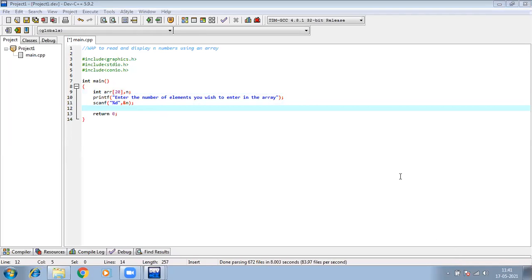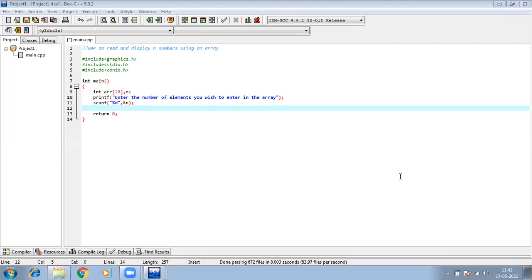After that, it will ask for the elements from me. Here is where we use the for loop. My for loop will run for 5 elements. The index locations will be from 0 to 4. So my for loop will run from 0 to 4.